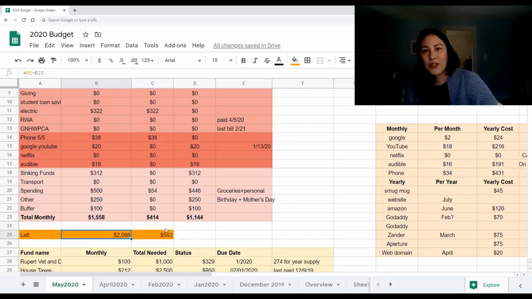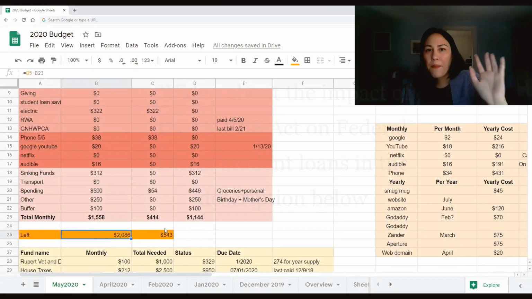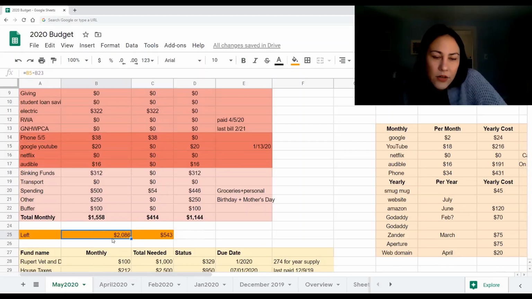So a quick note about my student loans. I have federal direct loans, and right now the federal direct loans are on pause. So there is no interest, there's no payments for 6 months. And instead of paying the money out to pay for my student loans right now, I'm just saving that money so that I can A, make a lump sum come October, or if things don't go so well and something happens, then I'll have a decent stockpile of cash. It shows here that I have